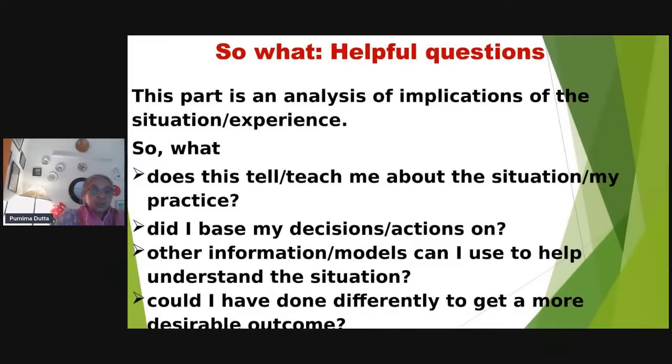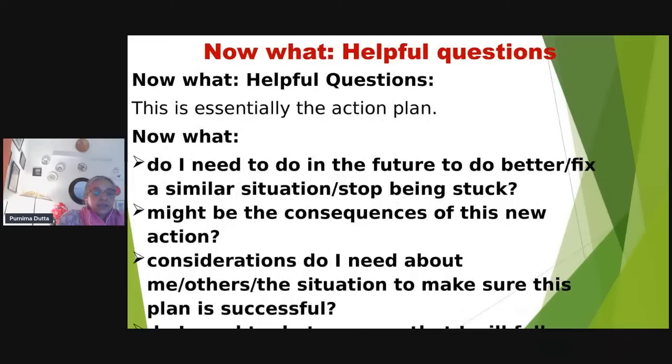And these are questions, you don't have to answer these questions one by one. Broadly, if your reflection of the so what answers some of these questions, then you have written a proper so what. And finally, the now what. Again, the same thing. You don't have to answer each of those questions, but overall, if your response of the now what answers some of these questions, then you're successful. So I'll just give you an example of the now what. This weekend, I will read the resources that my colleagues suggested to me, which can help me revise this current plan. I think I will have to pair up with a friend during workshops